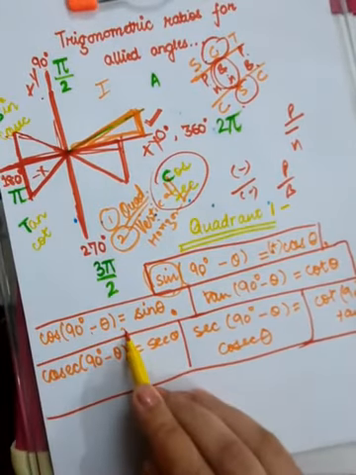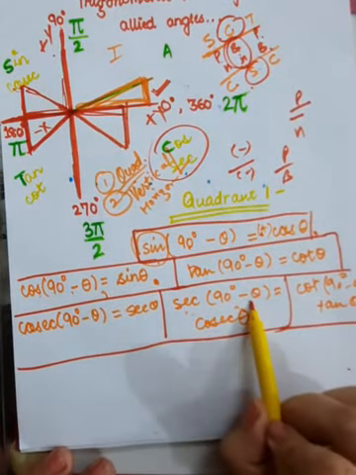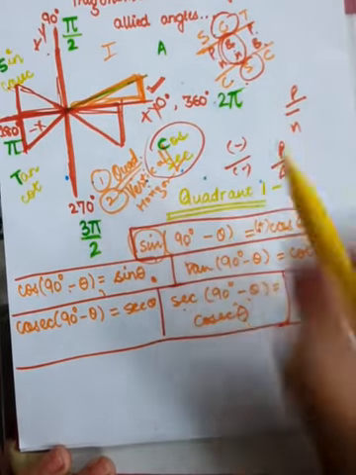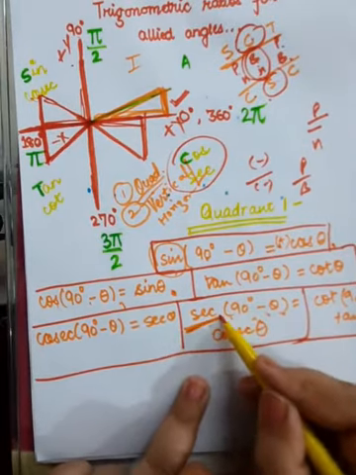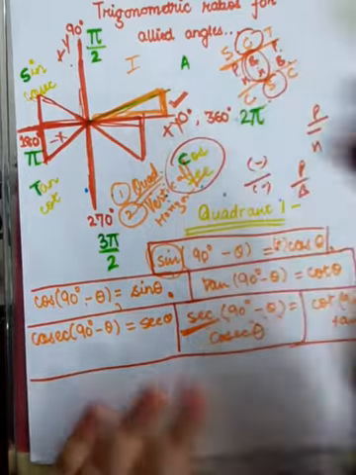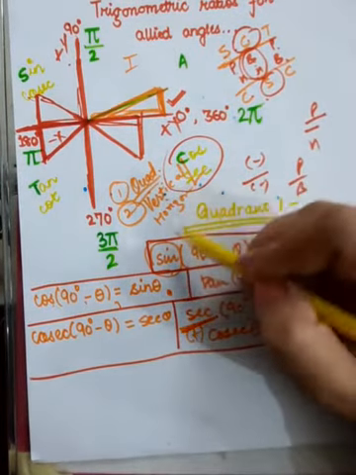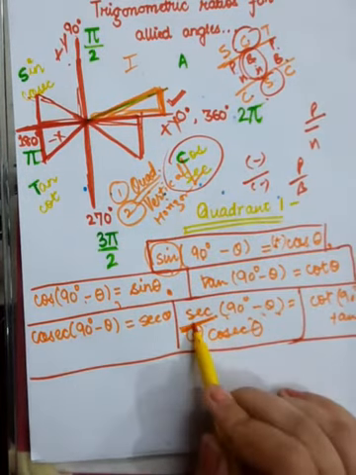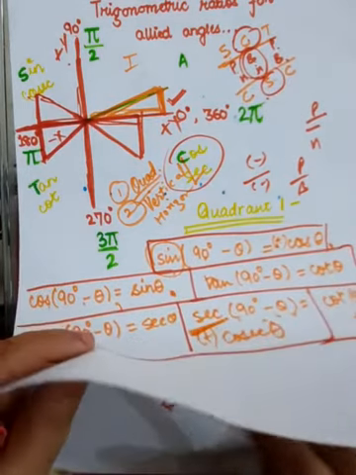Similarly, cos 90 minus theta, or you can say secant 90 minus theta. Number one thing is quadrant. 90 minus theta means you are going in the first quadrant. And here it is secant. Secant is positive in the first quadrant, in fact all are positive in it. So the overall thing will be positive. Next is, are you dealing with vertical line or horizontal line? Of course, you are dealing with vertical line. So secant will be converted to cosecant. Now I will give you more applications to do.